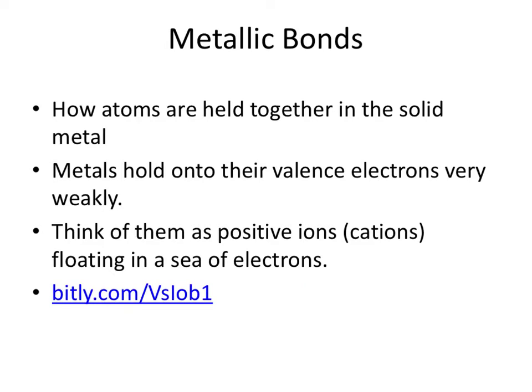So what ends up happening is it's almost kind of like a ping pong game. A metal atom doesn't want its electrons, so it gives it away, and it ends up going over to another metal atom, but as soon as that metal atom gets that electron, it bounces off as well. So you almost have to think of these guys as the nuclei of the atoms, the positive part of the atoms, kind of floating around in the middle of these valence electrons, and we call it a sea of